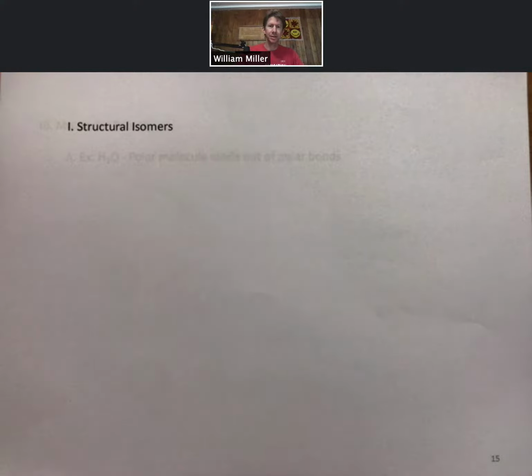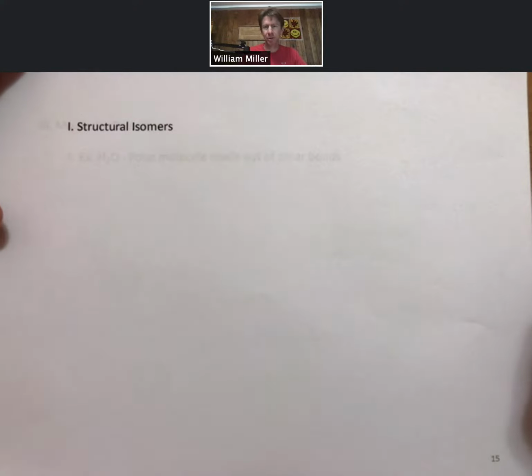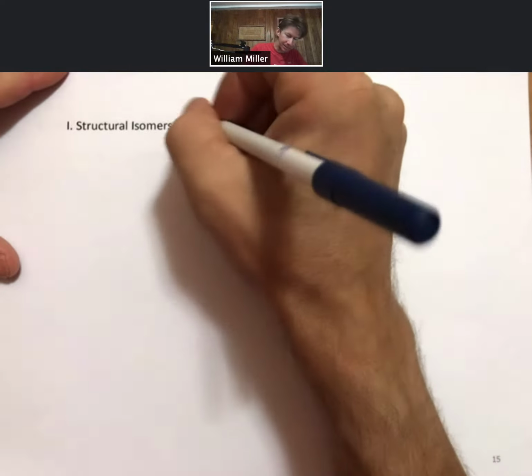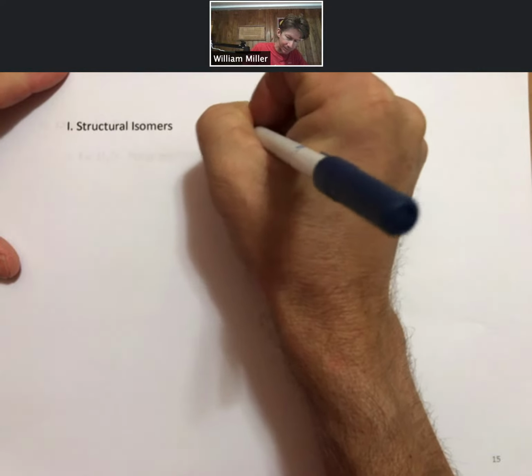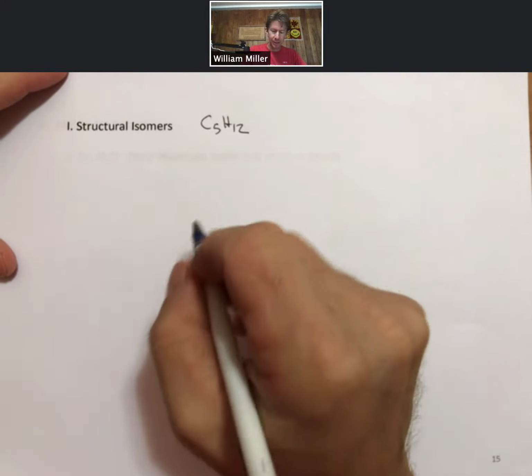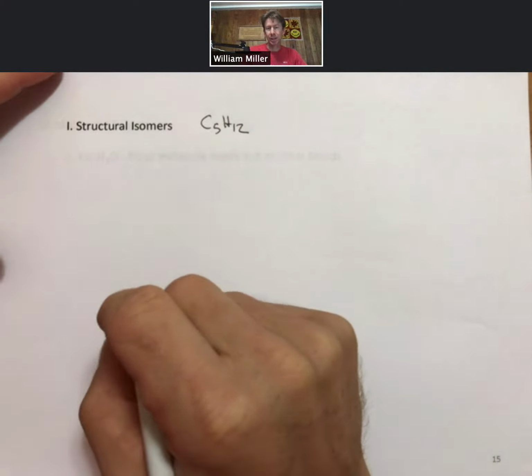We talked a little bit about structural isomers. Now let's do structural isomers with skeletal structures. And let's say we'll talk about this example that we've already worked on. So C5H12, you can draw your first one as a Lewis structure